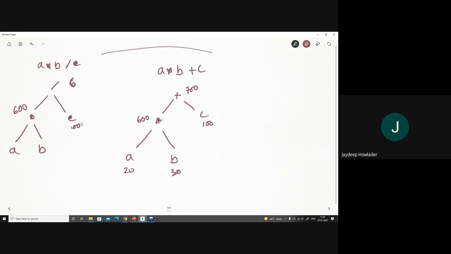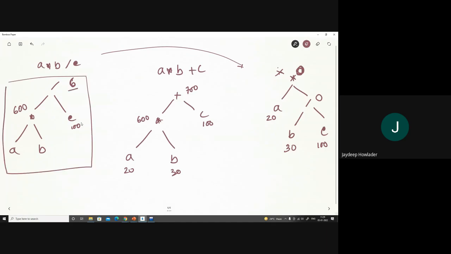The compiler does not perform it the other way. The compiler does not multiply a with b divided by c. If we did, 30 divided by 100 gives me 0, and multiplied with 20, how much does it get? 0. So if we perform the operation in this way, we have a result of 6.